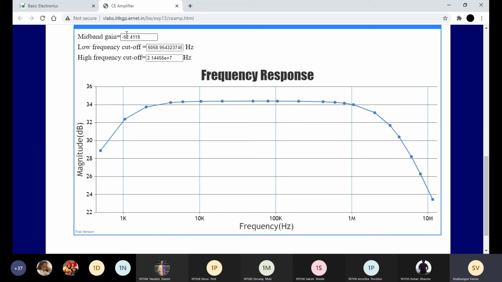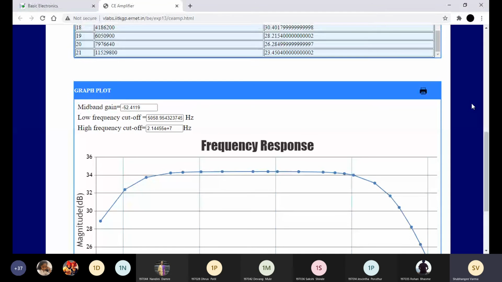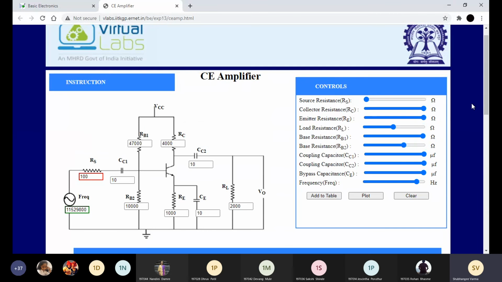And to calculate the bandwidth, higher cutoff frequency minus lower cutoff frequency: this 2 mega minus this 5K, so your bandwidth will be almost 1.5 megahertz. Okay, so this is all about the frequency response of CE amplifier.